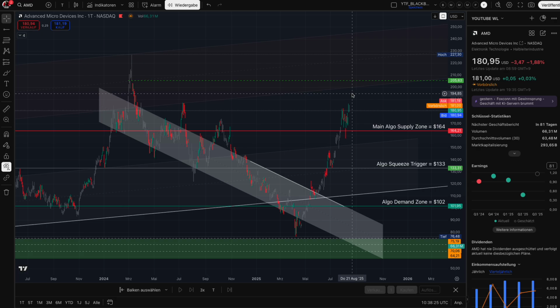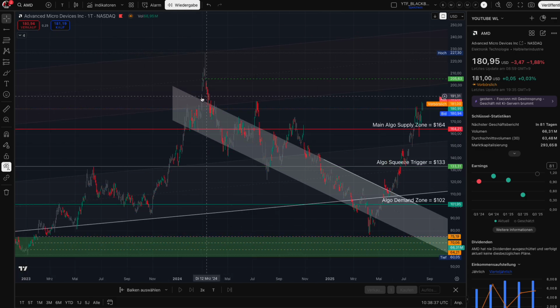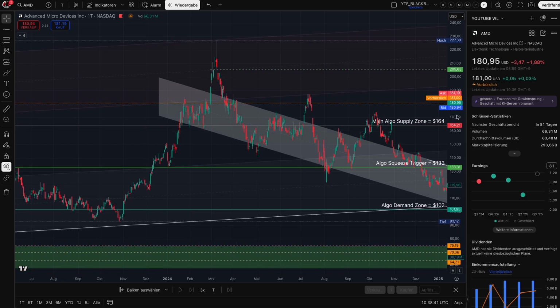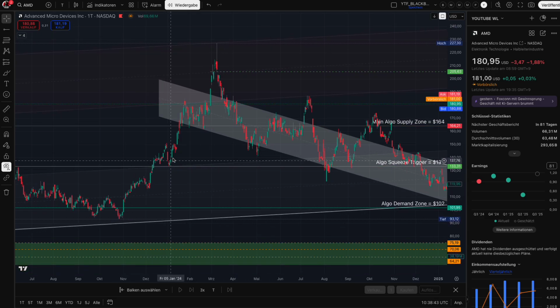I don't know, guys. To be honest, I think $205 is possible, but this is a super, super red zone here for AMD. When the price goes in this box, then we see immediately a technical reaction. It's really the same, you can see that here in February 2024. The stock went up, and then accumulated here. You can see we have a gap, a leg up and came down, leg up, came down, leg up, came down. Here we started to accumulate. That means here the bulls already start to get exhausted.